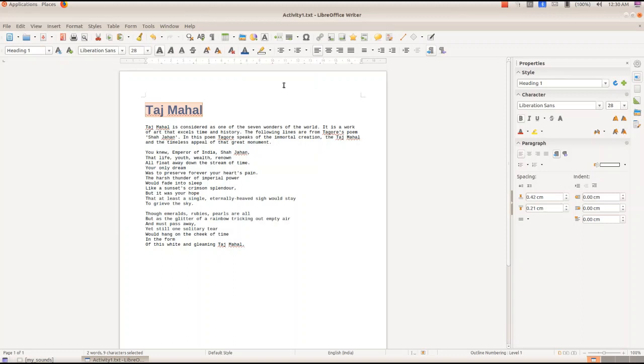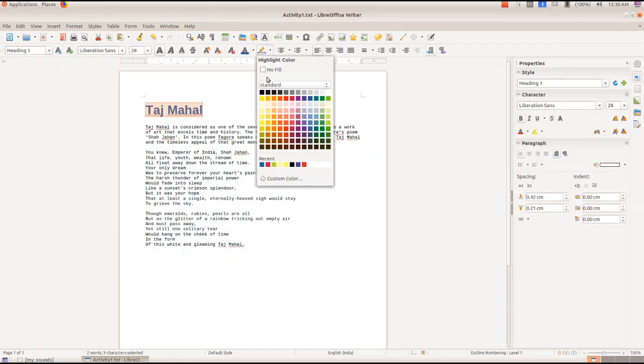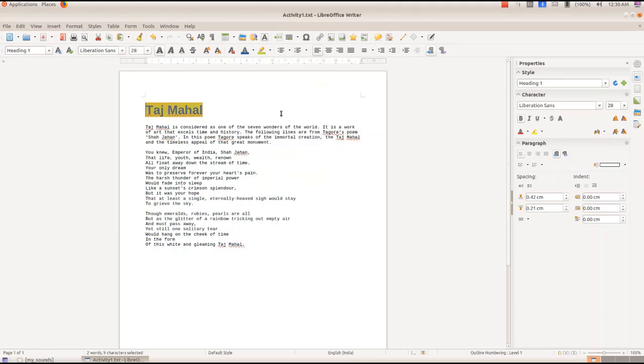And now we will see highlight, how to give highlight for this. So you got one background color for that, it is highlight. We got a light shade for that, isn't it? And now we'll see the alignments.